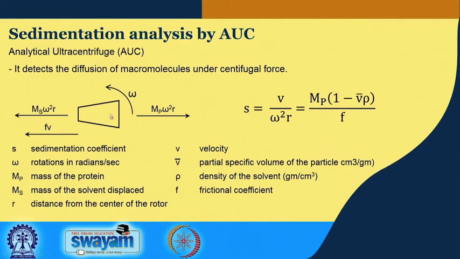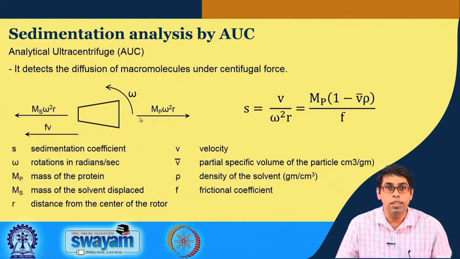So, when the sample is in here and it is rotating at a speed of 40,000 rpm, there are several forces which act on the protein. One is the centrifugal force, which is shown here. This is the force of buoyancy, and there is also a frictional force. So, balancing these forces, what you get is a sedimentation equation like this, and this depends on the molecular weight of the protein. So, you can actually independently determine the molecular weight of the protein and also the frictional coefficient.